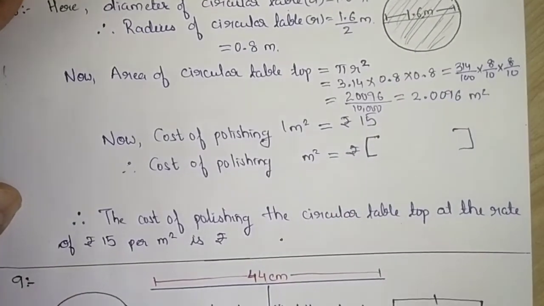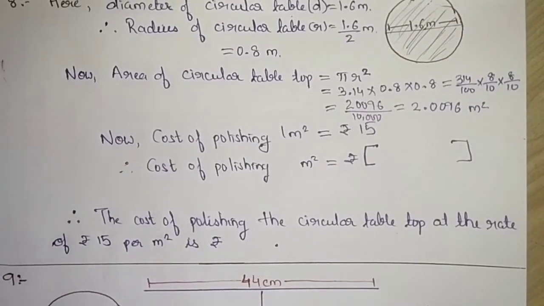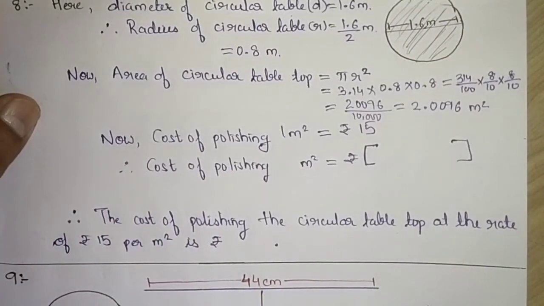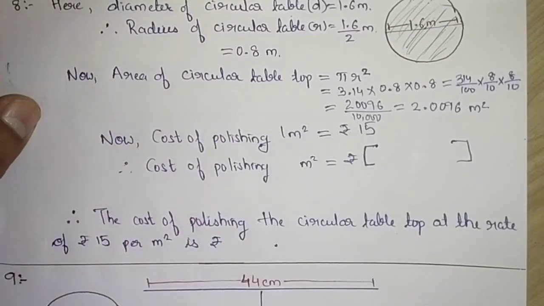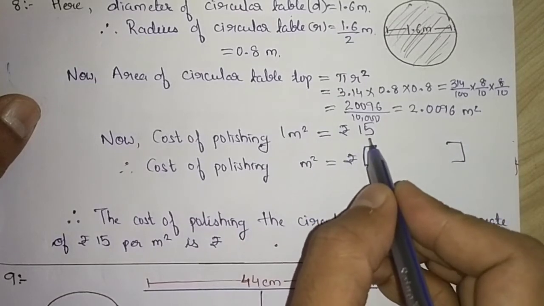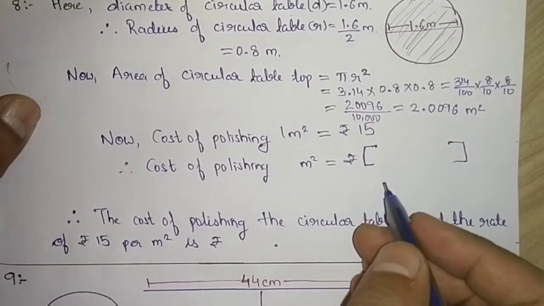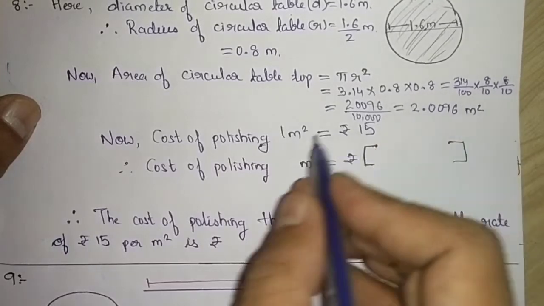Now we are not interested in the area of the tabletop. We are interested in the cost for polishing that tabletop. So I will write, cost of polishing 1 meter square is rupees 15. They have given us that. So what will be the cost of this much? That is